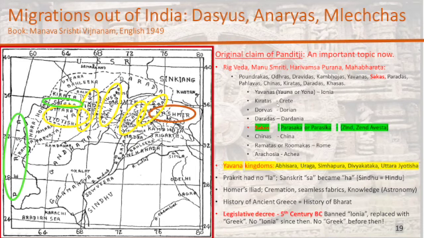So the point is, this is evidence of the migration. This is evidence of where they settled, and this is the Anglicization, or well, of course, this was probably in Greek, but this is the English version of the Greek name for a Sanskrit name.